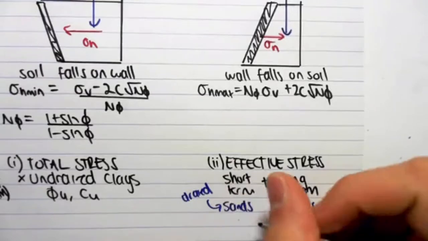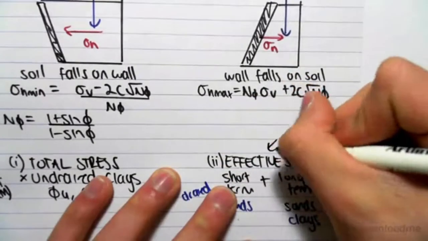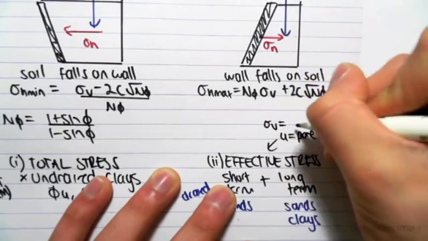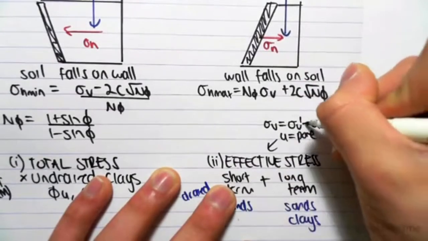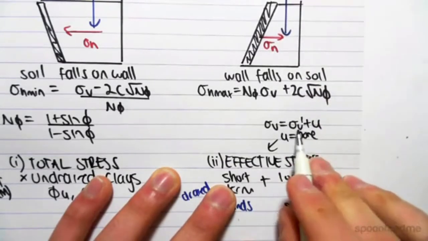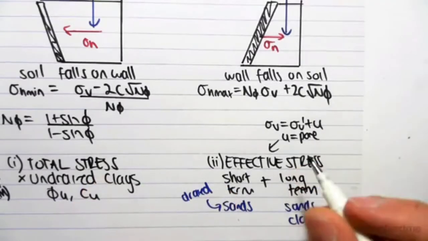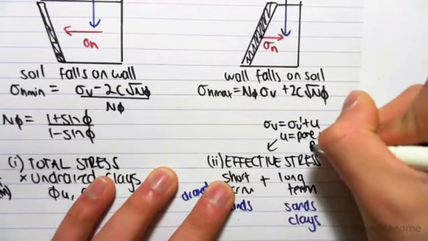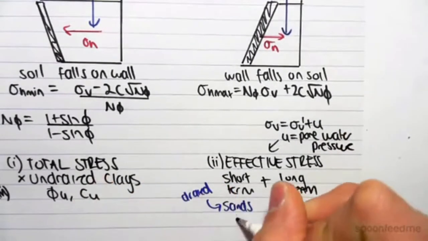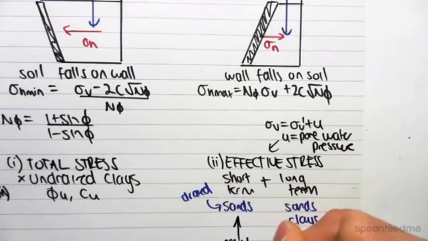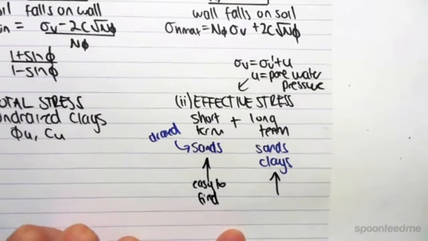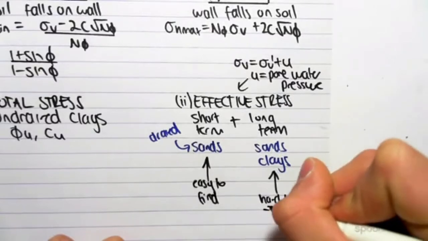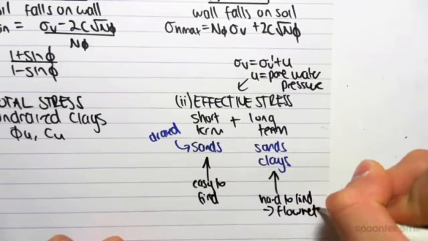So for an effective stress, we need to know U, which is the pore water pressure, because we know that sigma V equals sigma V dash plus U. So we obviously need to know U to get from total stress to effective stress. In the short term, the pore water pressure will be easy to find, but in the long term, it's going to be hard to find. We're going to have to use perhaps a flow net to work out the pore